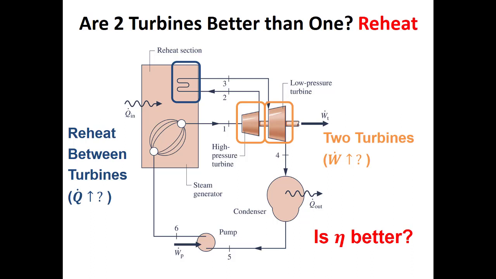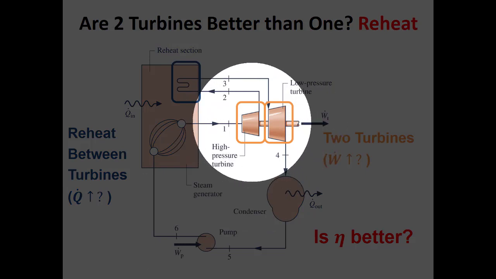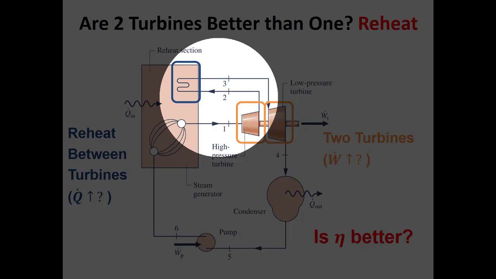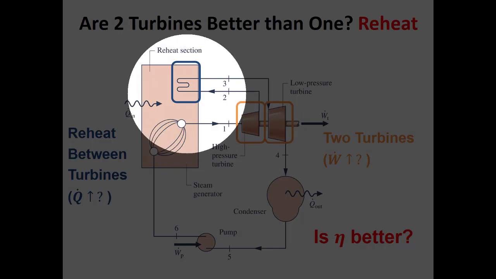And it's kind of odd, right? And maybe it's a bit embarrassing when I say this, but for me, when I'm doing the analysis of this particular type of cycle, if there's a process that I forget, it's not the turbines, because I can see here, it's a whole different component. I usually remember that I'm adding a second turbine here, but sometimes when I'm calculating the heat in, I forget that there's this second heat addition process.